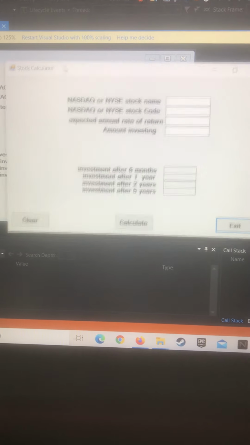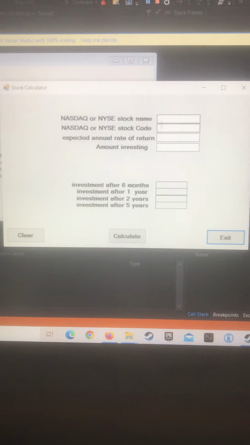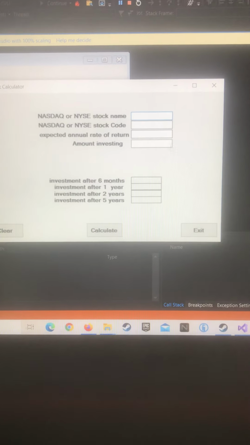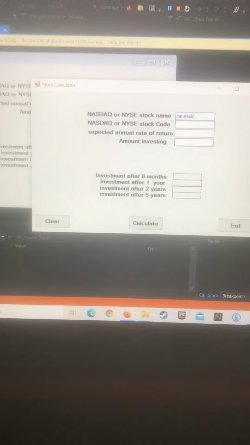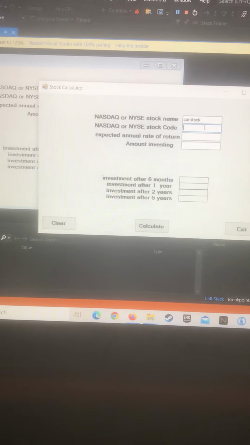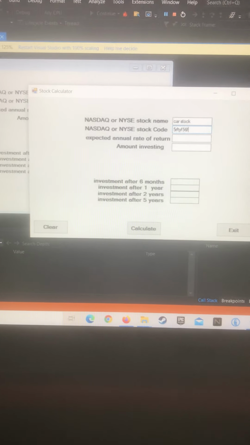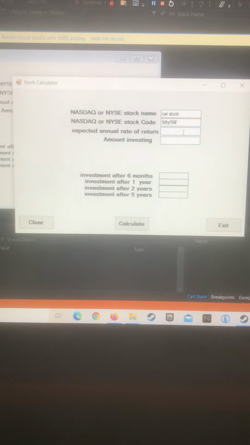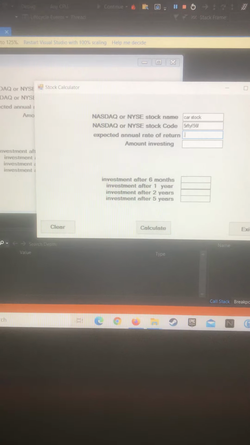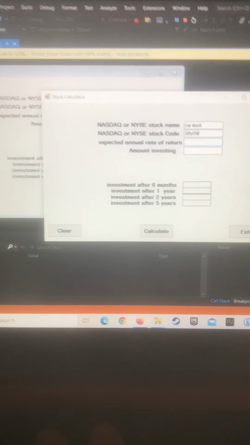Alrighty, here is the stock calculator program. First I'm going to show it running. So, I don't know, car stock, there's a code, I guess. I'm just going to put in 10%